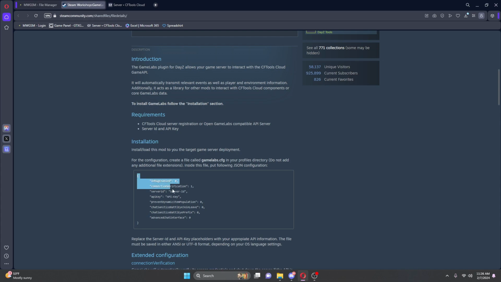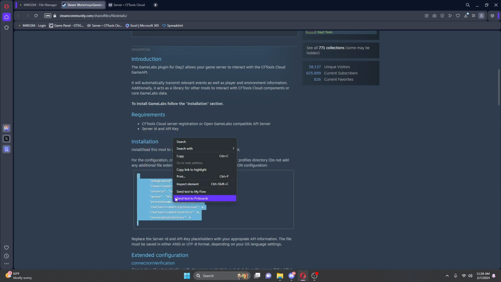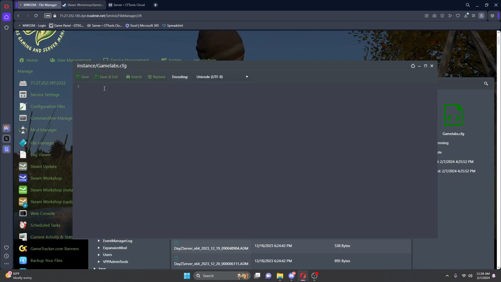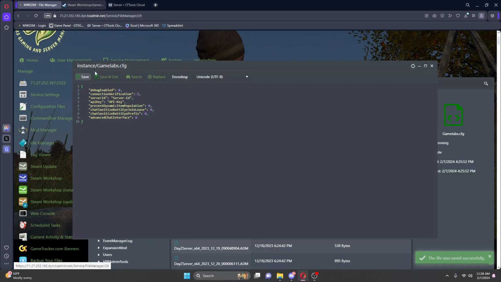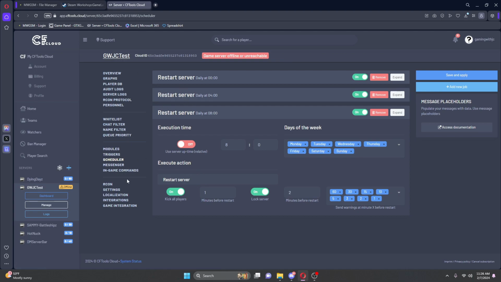And then this is what you want inside the JSON. We're going to copy this. Back here, and we're going to paste. And then what we need to do at this point is we can save it real quick. So we're going to go over to our tools. We're going to go to